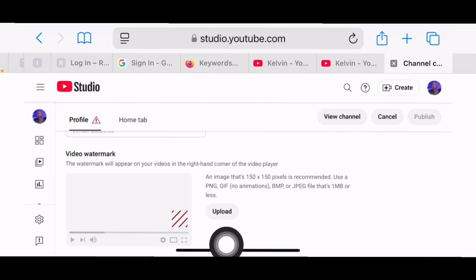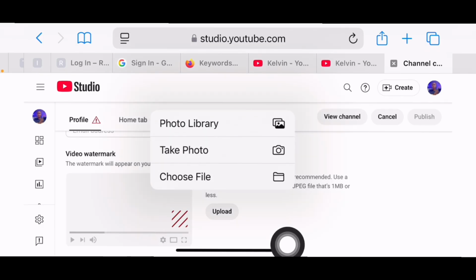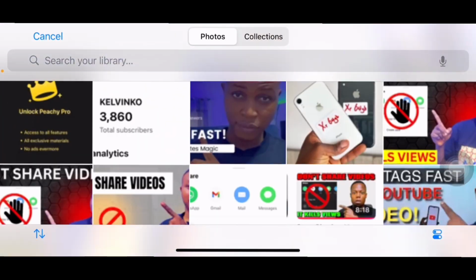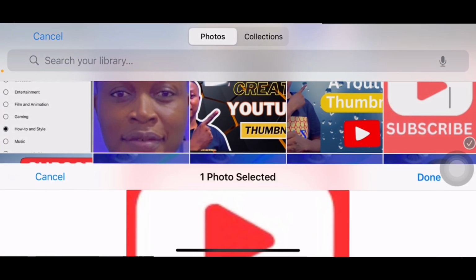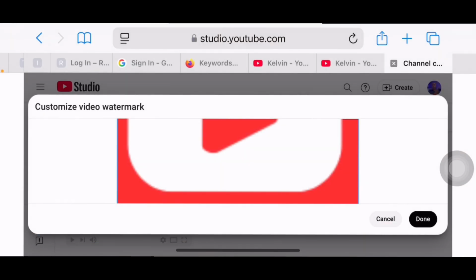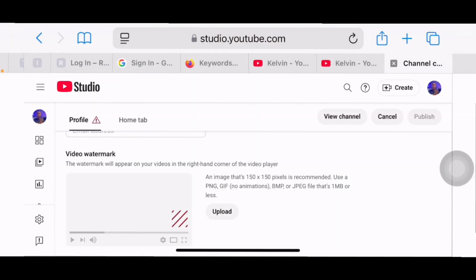I will show you what a YouTube video watermark looks like. If I click on this upload, I can go to my gallery and show you. I think I've created it already. This is it. This is what a YouTube watermark looks like. It's a subscribe button that will always appear on your video whenever a viewer is watching. On the web or desktop version, once they click on it, it will automatically take them to your YouTube profile to subscribe. But on the mobile app, it will only be there, but it is